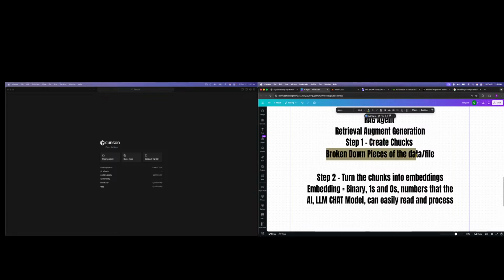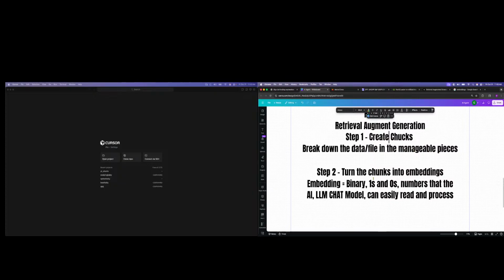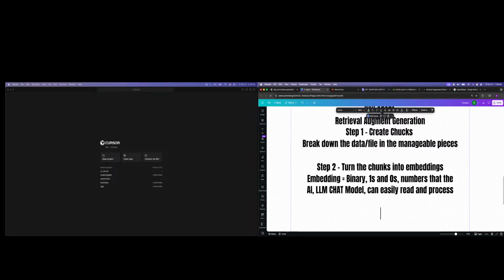That's breaking down the pieces. Chunks: break down the data slash file into manageable pieces. Step two, we're going to turn those chunks into embeddings. And embeddings equals a binary number, ones and zeros, that the AI LLM chat model, large language model, right, can easily read and process. And then step three,